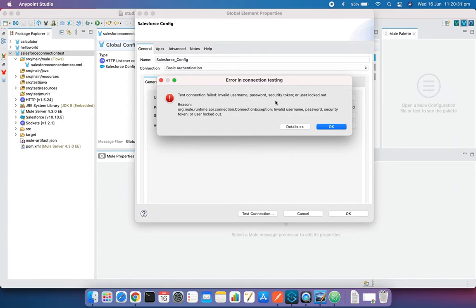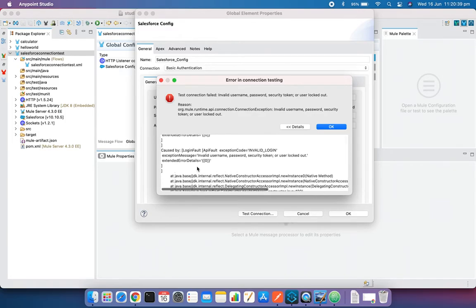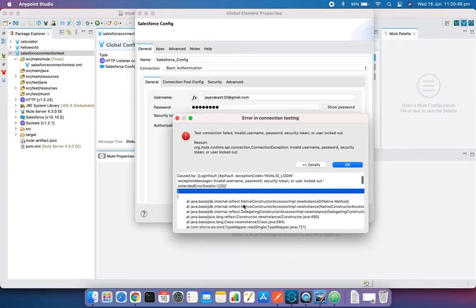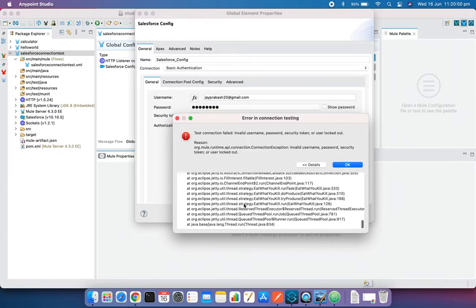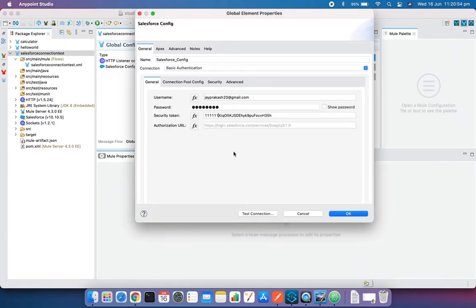Invalid username, password, security token, or user logged. Okay, so if we go to detail, you need to remember this, right? Invalid login. So even if your security token is wrong, you will get this kind of error. And it is really important that we also understand what kind of errors we will receive